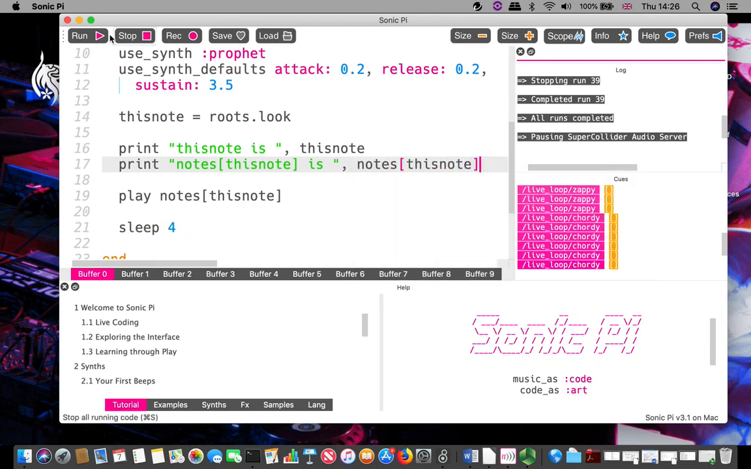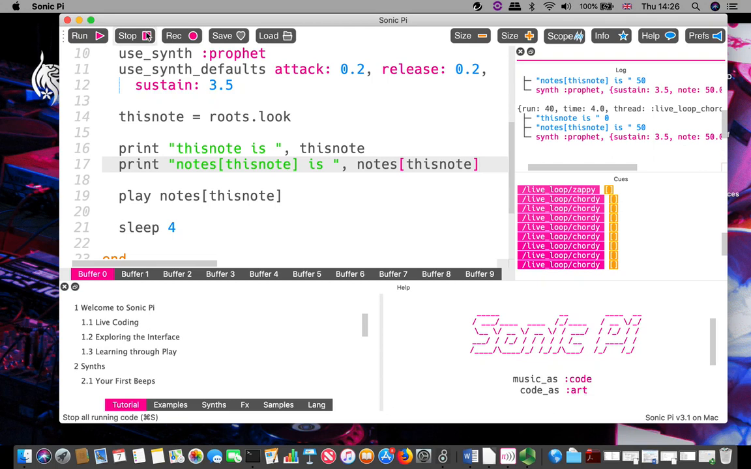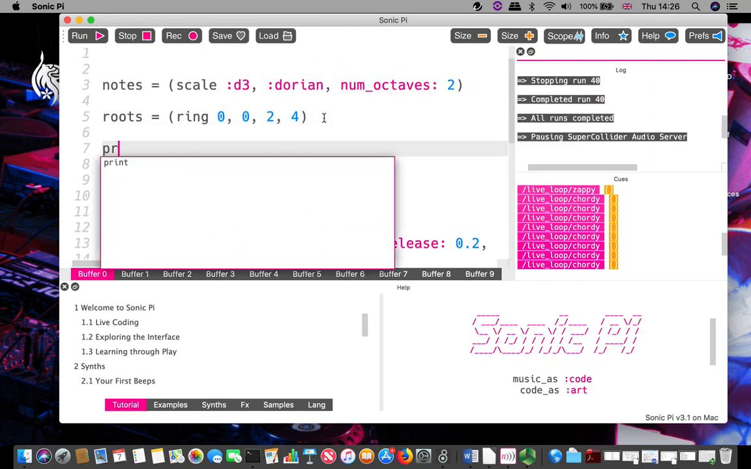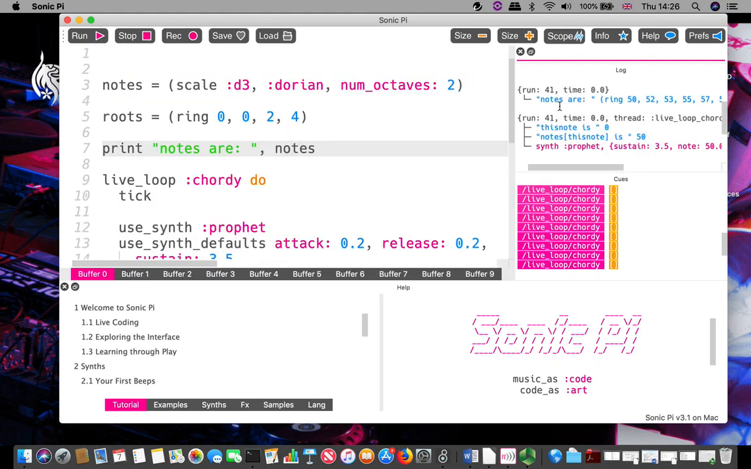This can help us see what's going on inside the code. In fact, I'm going to print out roots as well. I'll print out notes. And of course, oh, what am I doing? So let's see what we do over here. There are